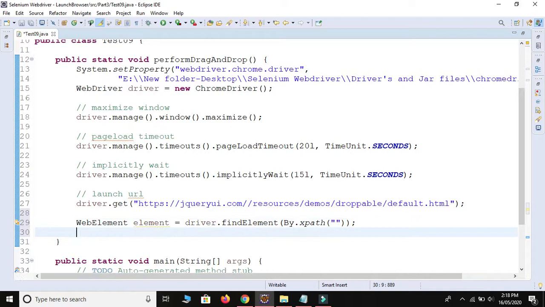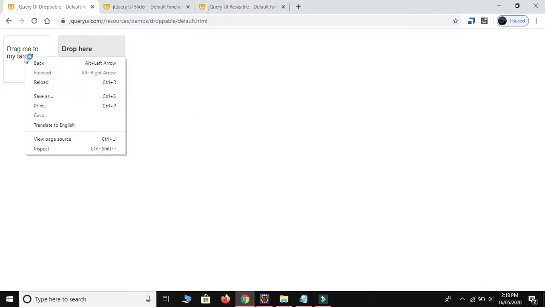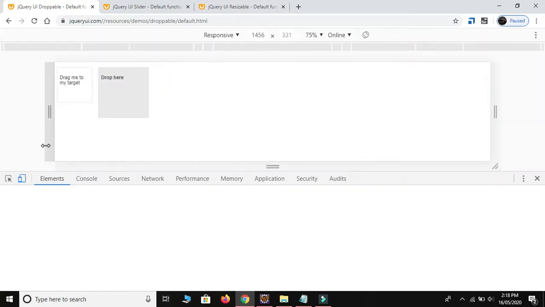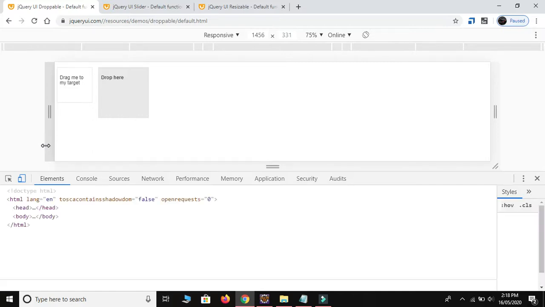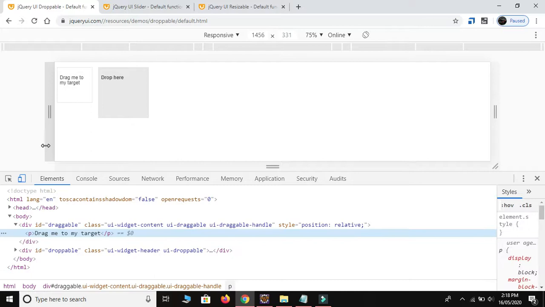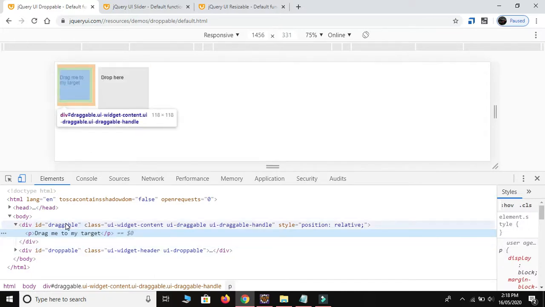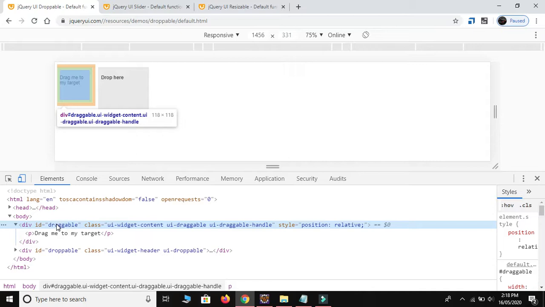Let me inspect the first element. It will provide some additional information, so just wait. Okay, this is the ID. We have an ID, so it is better to always use ID, because in 99% of cases ID is unique.